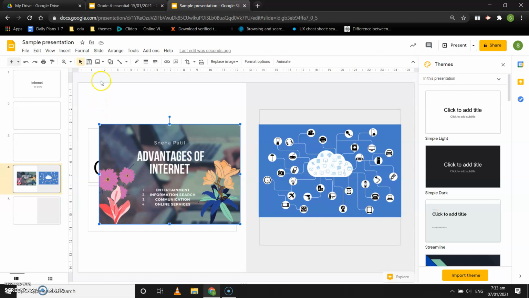Now there is one more option for you to add a picture from, that is on the toolbars. This is the toolbar. So over here, see, there is an option called insert image. When you click on that option, the same options like the insert menu are given to you. So you can also use this option instead of going to insert and then going to image. So you can use upload from computer, search the web. Either way you like.